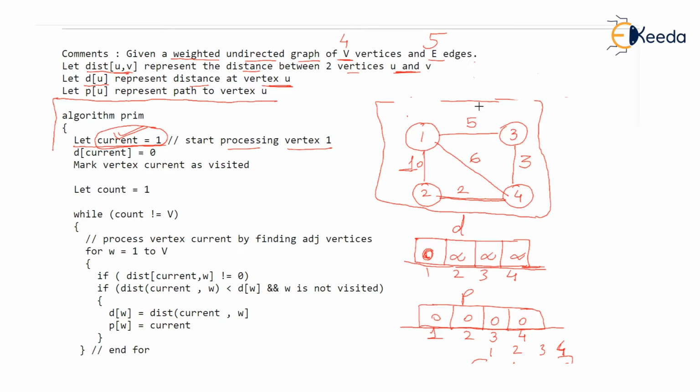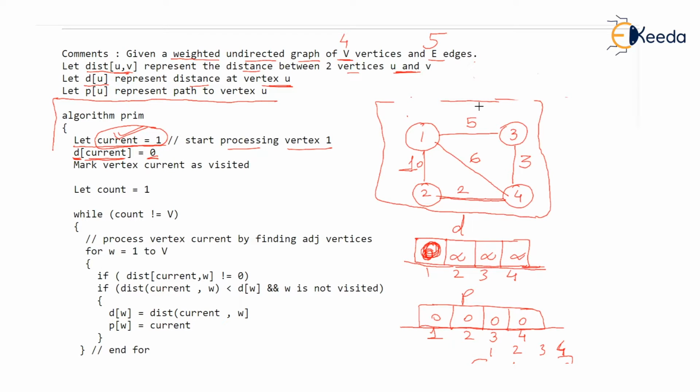Also, d, that is the distance of that current vertex from wherever we begin, should be 0. So d1 has been initialized, you can see, as 0 here. d1 is 0, but all other elements are infinity. We could have written that other elements of d are infinity. It is not written, you assume it is written.